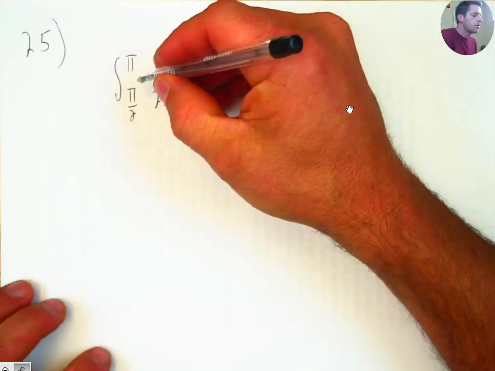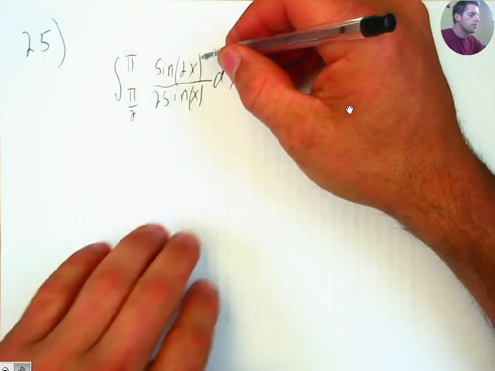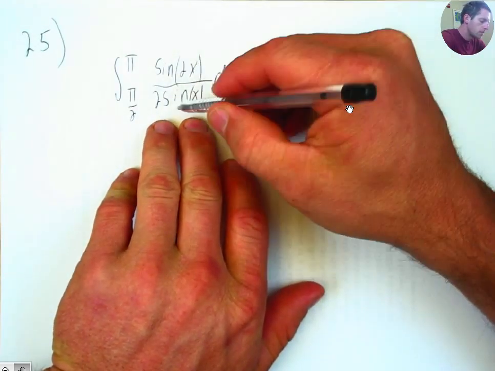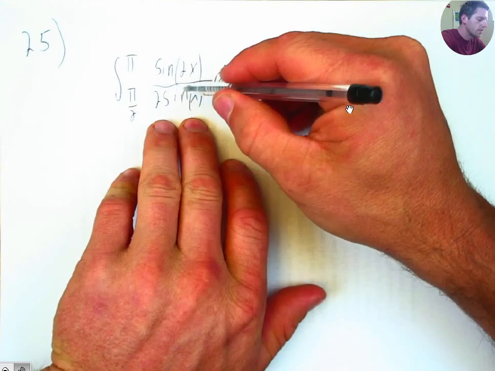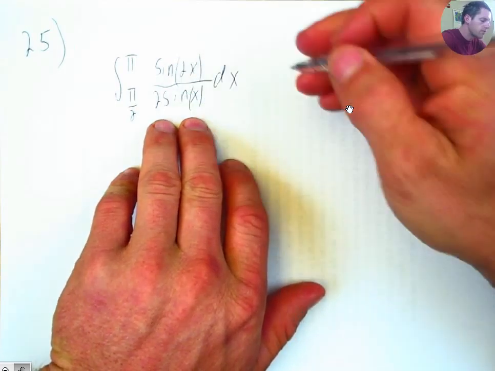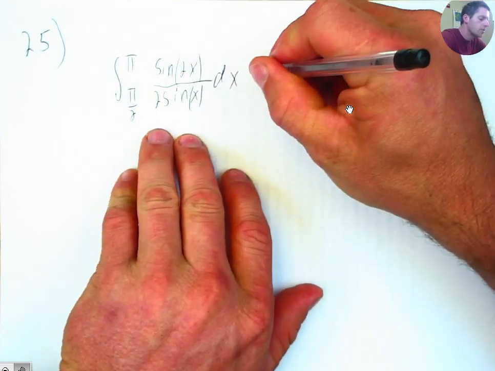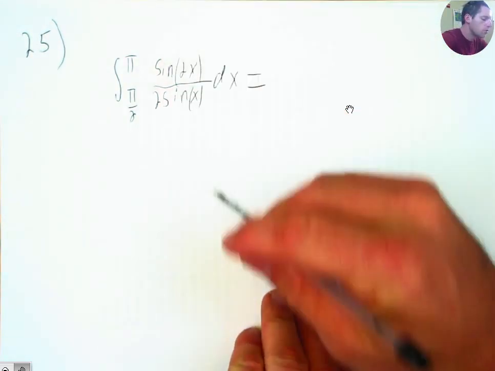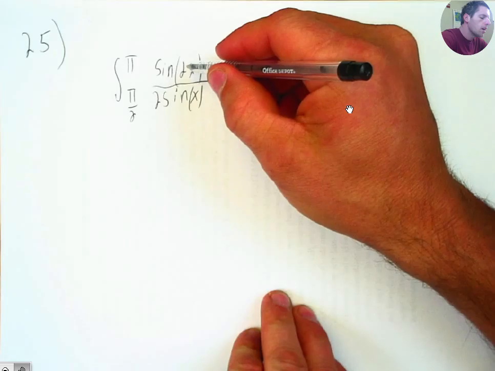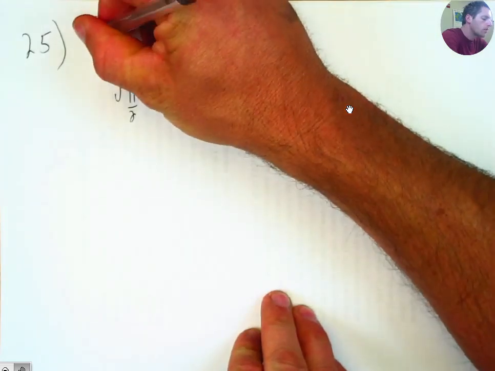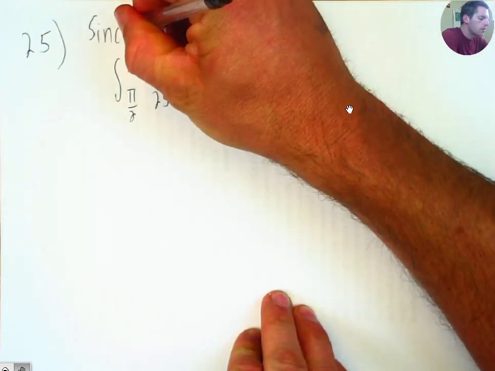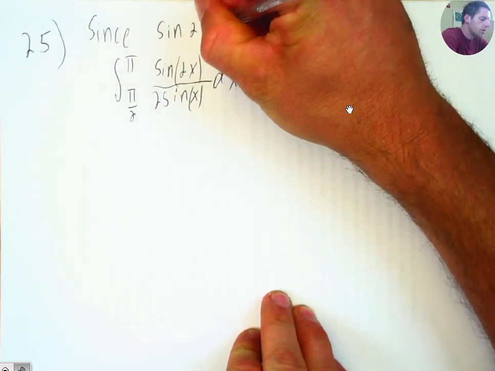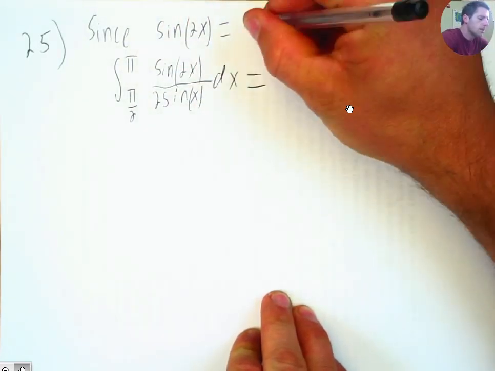The indefinite integral from pi over 2 to pi of sine 2x over 2 times sine of x. Well, it's a bummer that this is a sine of 2x and it's a sine of x. These two trig functions have different arguments. Often what you want to do in those cases is find some way to make the arguments of your trig functions the same. I recall that there is a trig identity since the sine of 2x is